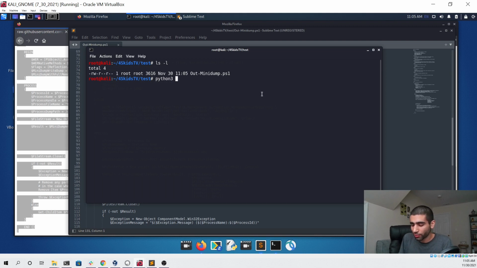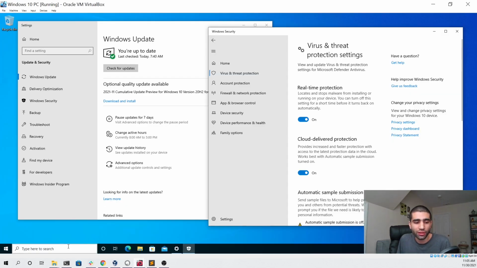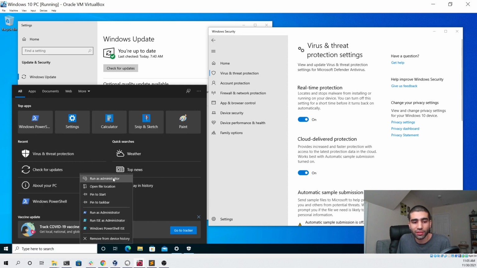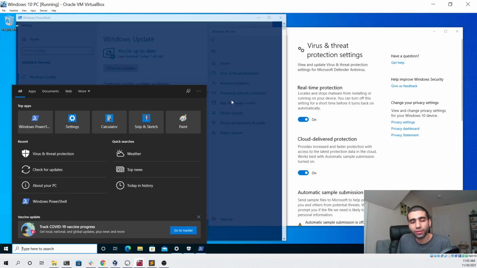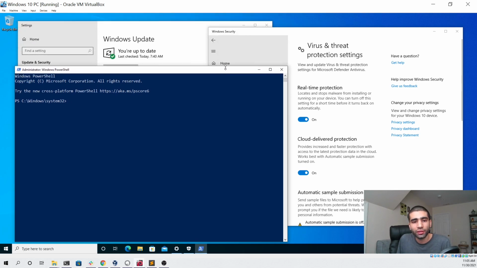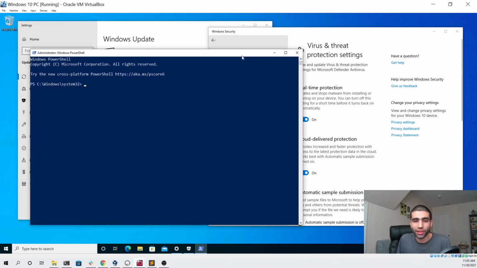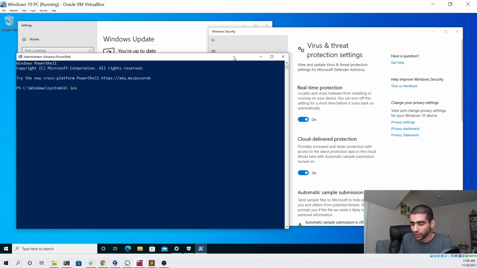So we can set up a simple Python HTTP server on port 80, and then head back over to our Windows 10 virtual machine, open a PowerShell prompt as administrator, and then try to use the script that we just downloaded. So we can do that using IEX, and then Invoke-WebRequest using the UseBasicParsing flag, and then pointing it toward our web server that we just stood up on our Kali Linux virtual machine, and giving it the file